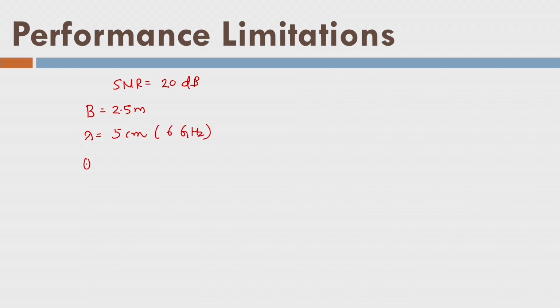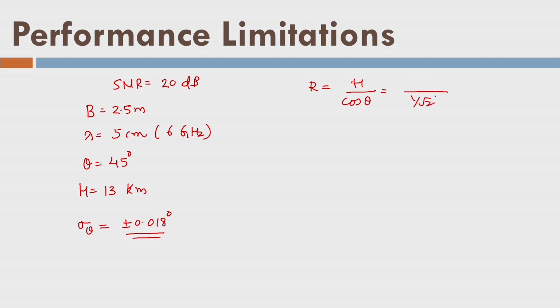Then we have theta equal to 45 degrees, that is look angle, and we have the flying height equal to 13 kilometers above the earth surface, and then we find out sigma theta is equal to this value. This is the value given to us. So what is the value of range? That is h upon cos theta, and so I write 1 upon root 2, cos 45, and here h is 13 kilometers. So here I get